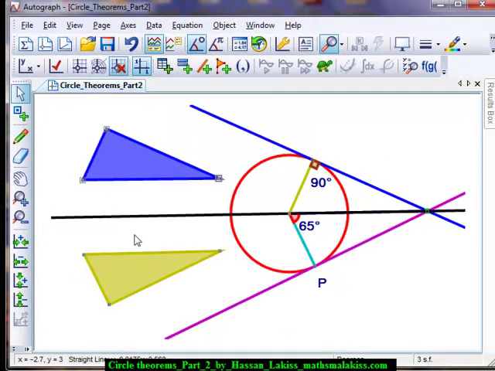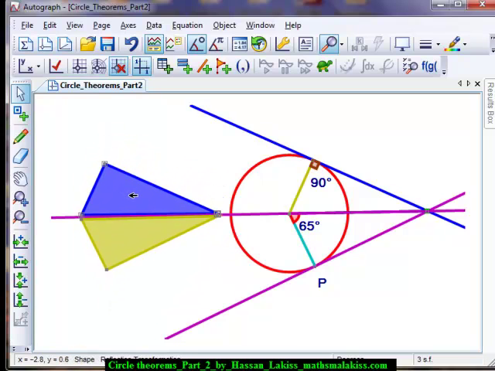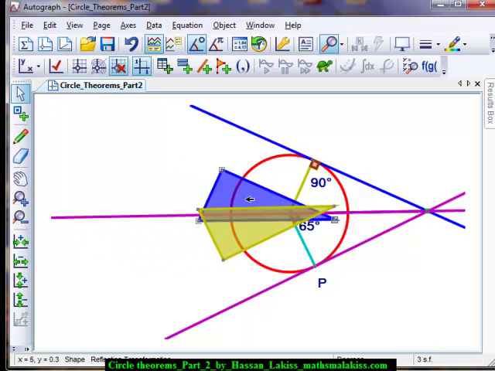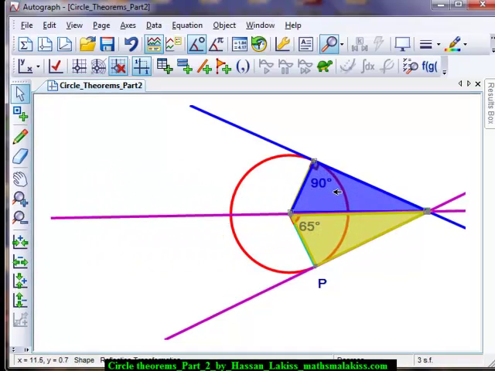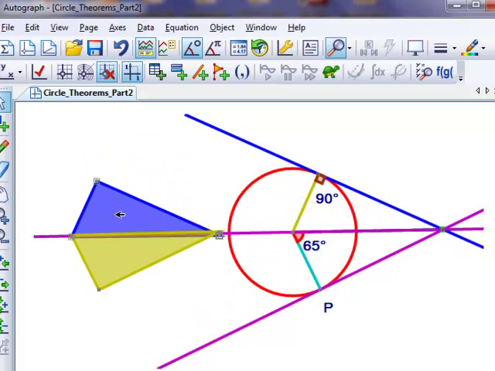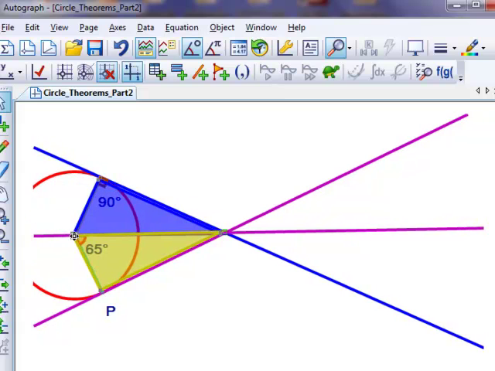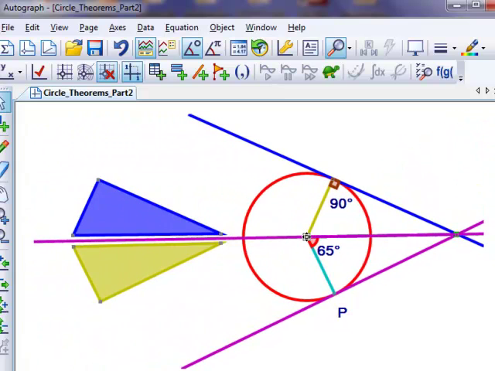And there we go. We can now bring those together to show that they are actually congruent, and then shift them across and place them on top of that. Or you can move the circle, if you wish, the center, click anywhere to make sure nothing is selected, select the center and move it across to here. Okay, now